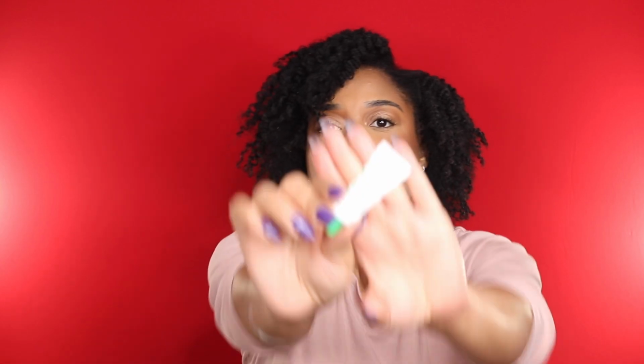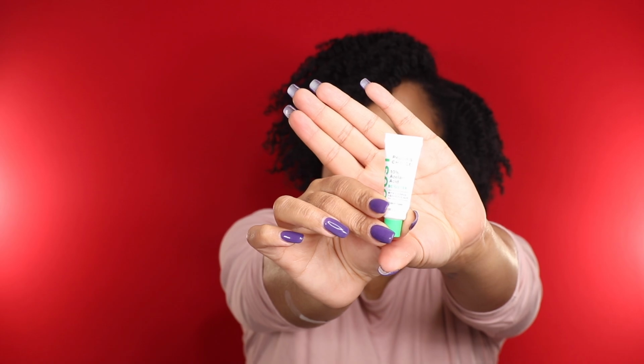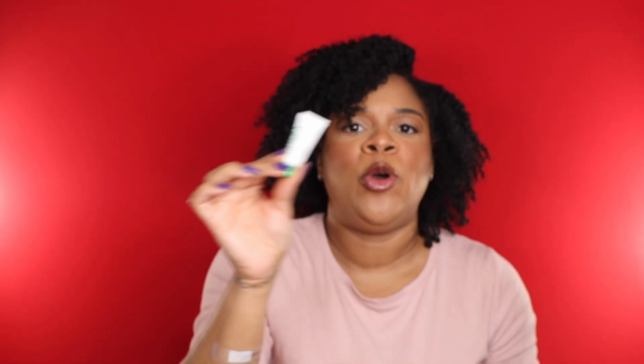All of that to say, if you have been experiencing acne, especially if you've been experiencing acne out of nowhere, highly recommend looking into azelaic acid because it changed my life. Also used up this little sample of the 10% azelaic booster from Paula's Choice, and this is definitely not a substantial amount of product to really form an opinion, but I wanted to share it because it also contains that 10% azelaic acid that really just shifted where my skin was headed a few months ago